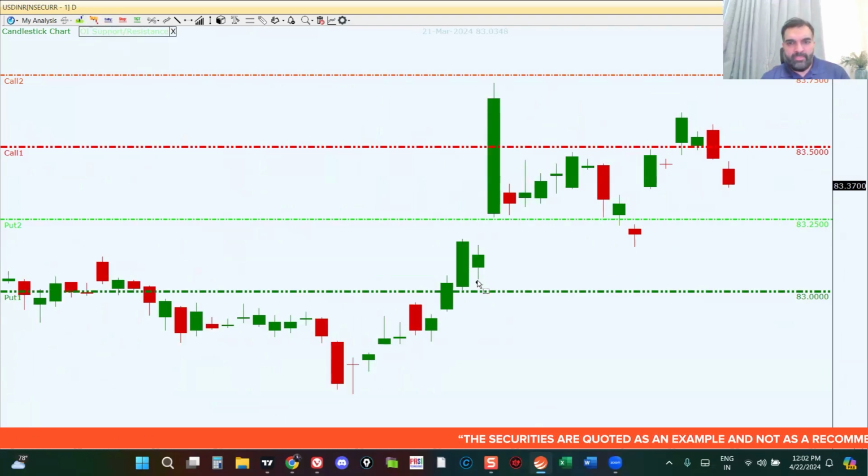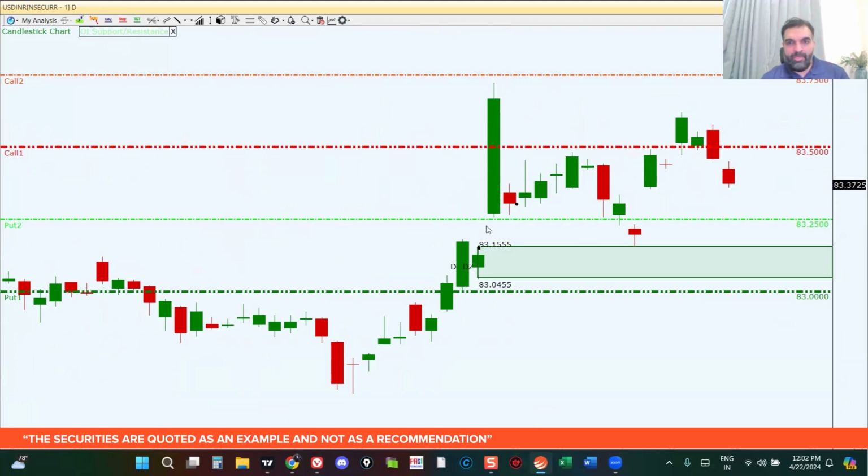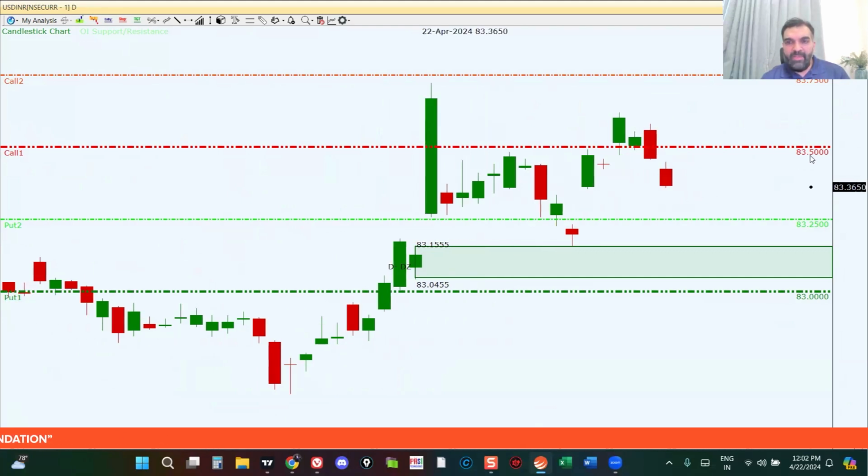And if you look at this, this is your closest level of demand. Now, there is no confluence of any open interest around this level of demand, but we do have 83.50 and 83.25. So if USD INR continues to move to the downside, then it is more likely to take support at 83.25. And if it tries to push to the upside, then 83.50 is going to be the first obstacle. After that, 83.75. So we might expect to see a more range-bound movement in the USD INR for this week.